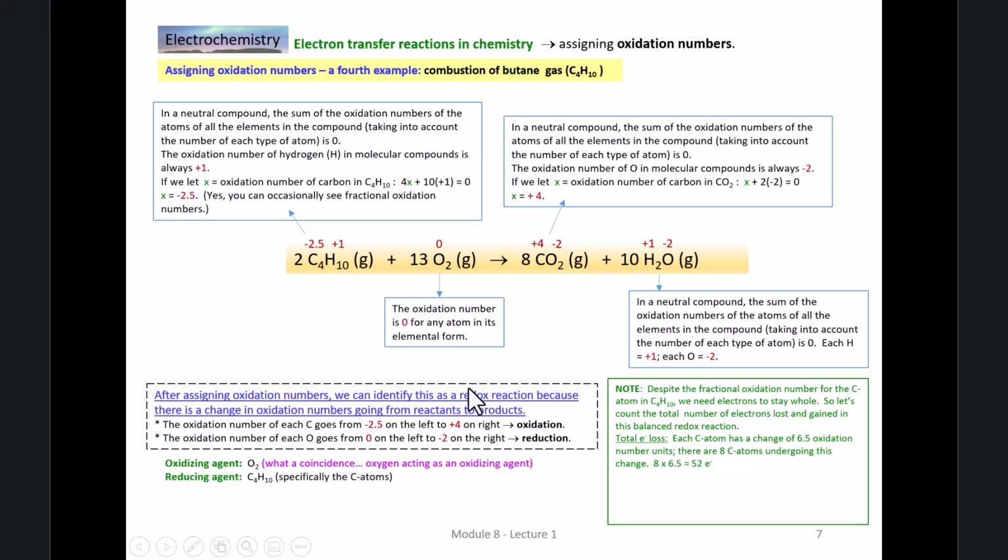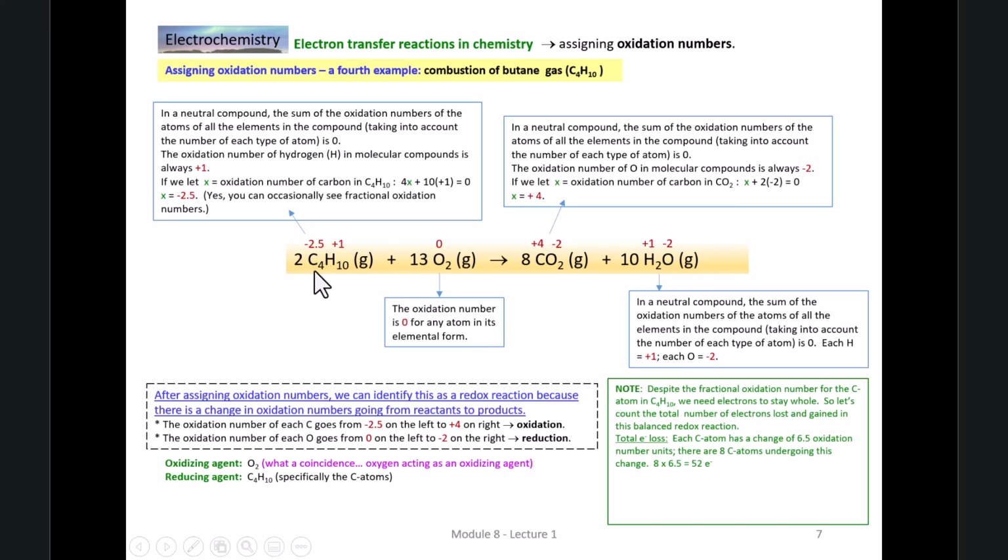So again, each carbon goes from -2.5 to +4. That's a change of 6.5 oxidation number units, and there's 8 carbons altogether undergoing this change, and 8 times 6.5 is 52. So this balanced equation is showing the transfer of 52 electrons from the carbon of butane to the